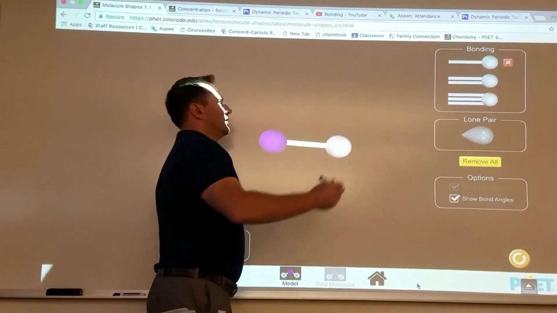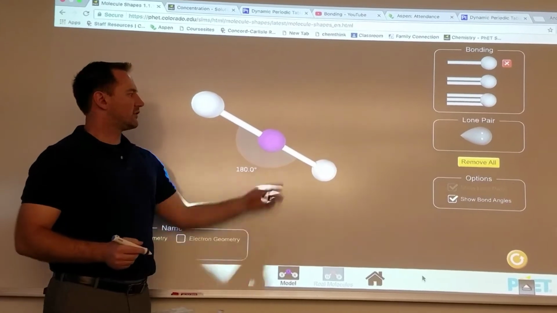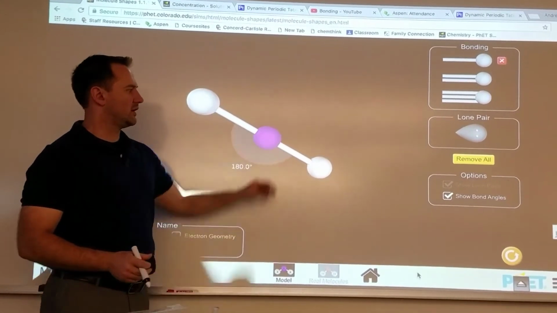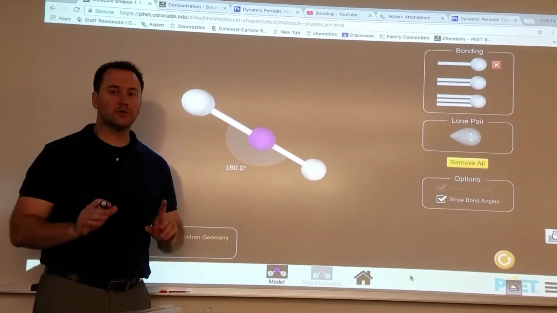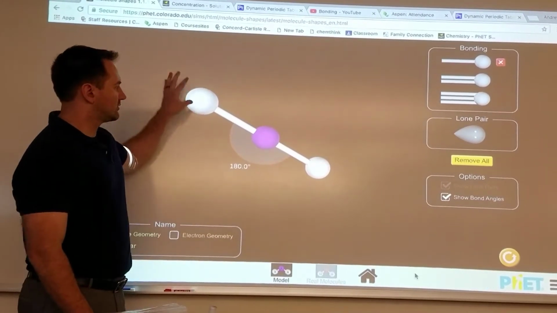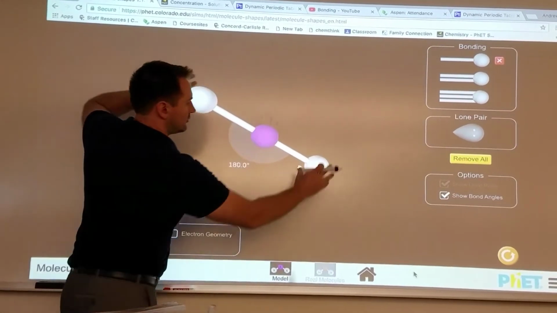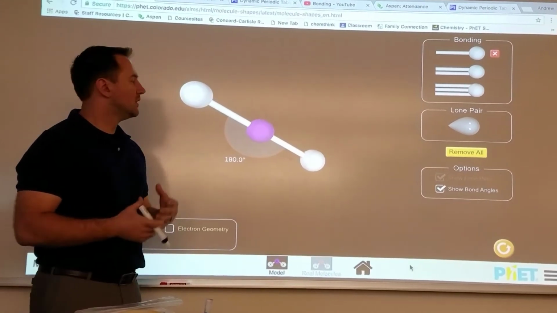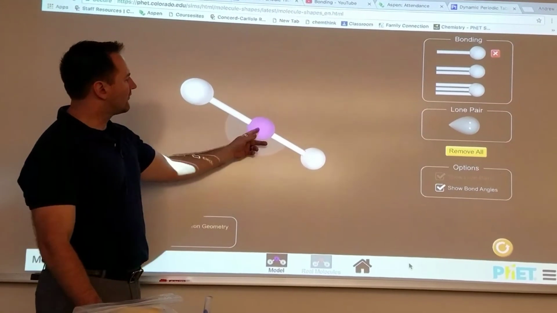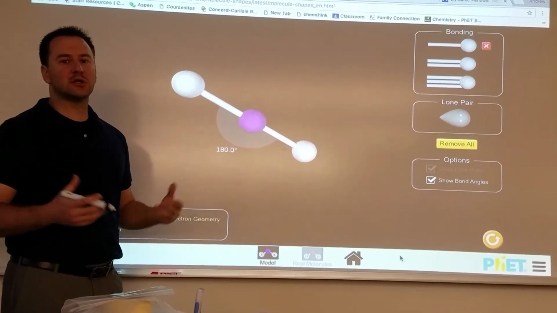You can also have linear molecules with 2 atoms bonded, and if there are no unshared pairs, this is the shape you'll end up with, nice and linear. So this can either be polar or nonpolar. It all depends on the symmetry of electron distribution. So if you have carbon dioxide, where there's carbon in the middle, 2 oxygens on the outside, oxygen being the second most electronegative element, you'd say it should be polar. However, because their poles are equal in opposite directions, they're going to essentially negate each other